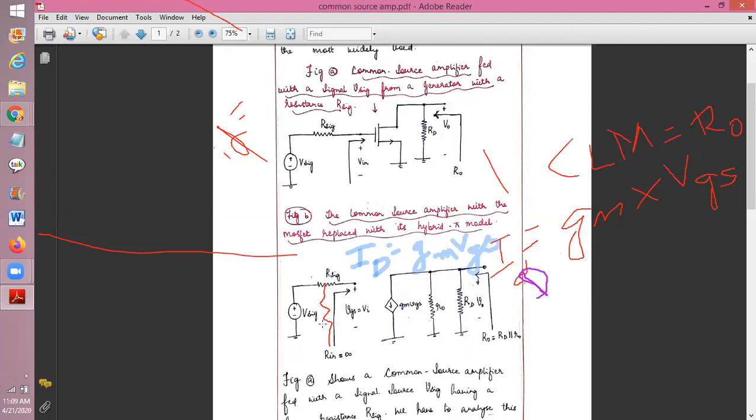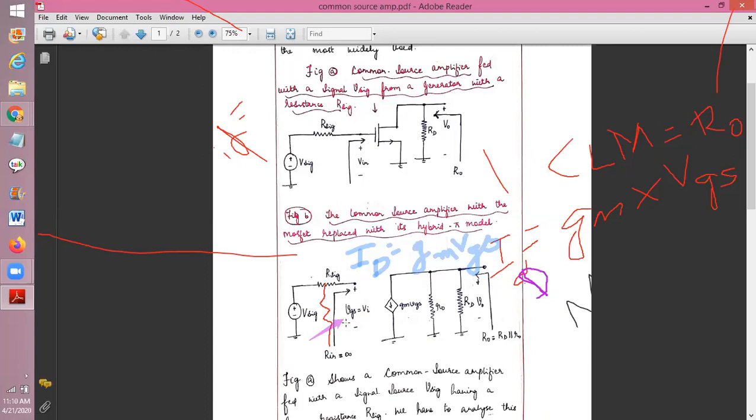View the circuitry. Write this down. Put an arrow here, cleanly. View the circuitry after V signal, before VGS. You have to stand here and view the circuitry. VGS can also be denoted as VI. So when you stand and view after V signal and before VGS, you will find the resistance RG. That is the only first resistance you can find.